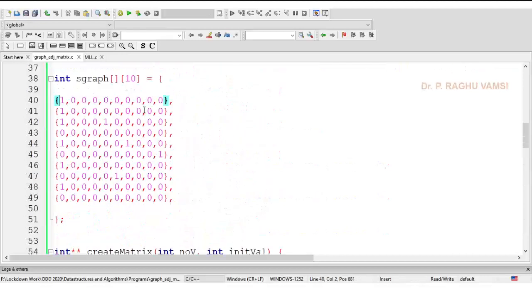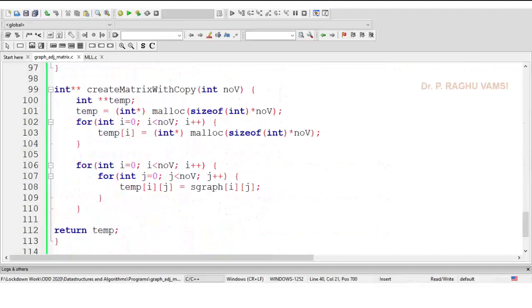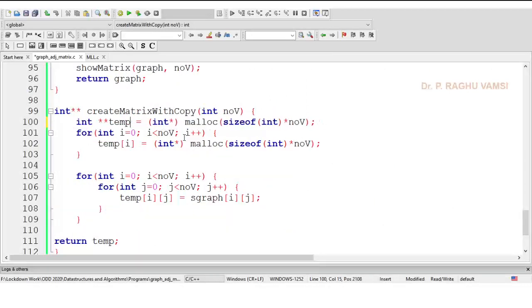Now here we have taken a 10 by 10 matrix. I will replace this like this. I had made a small mistake in this, but still it works, though having some trouble. So what I will do is int star star temp is equal to int star star of malloc of size of int star times number of vertices, because we are supposed to present the pointer size.